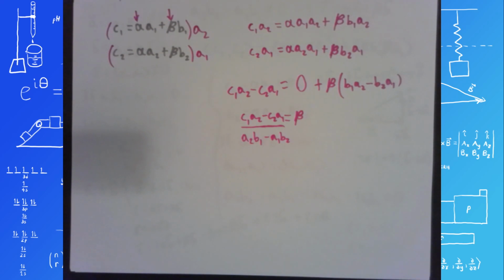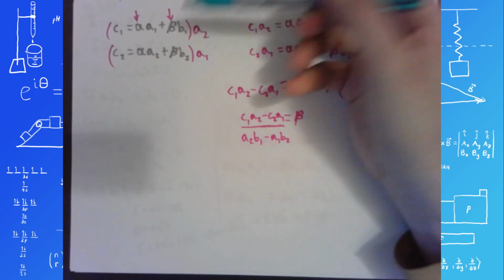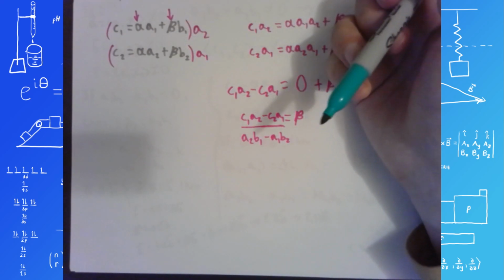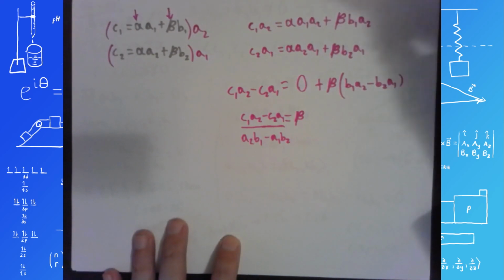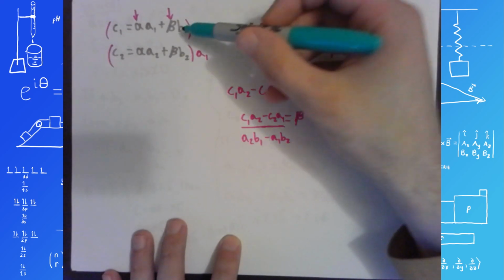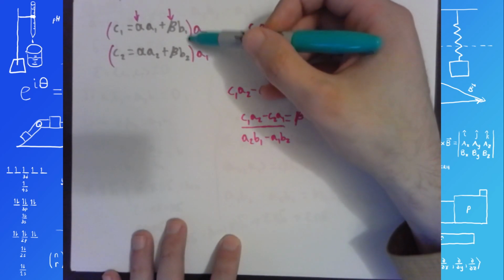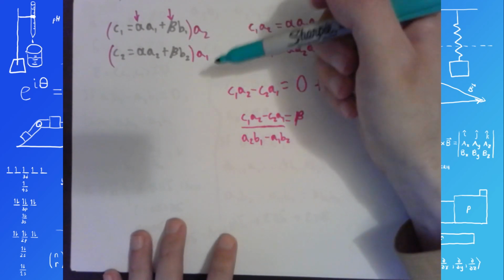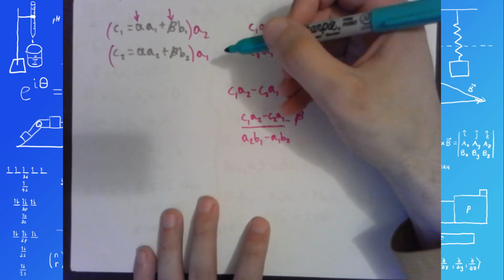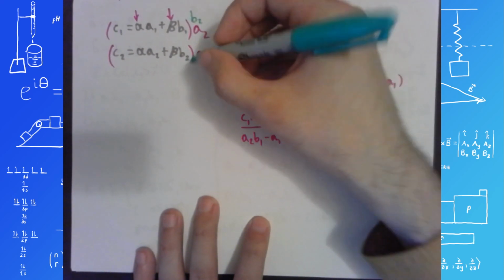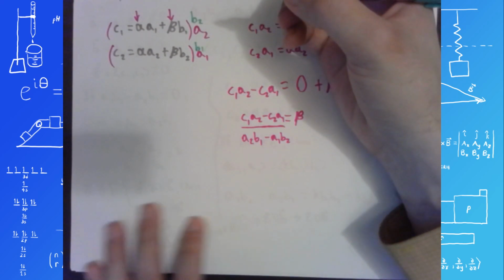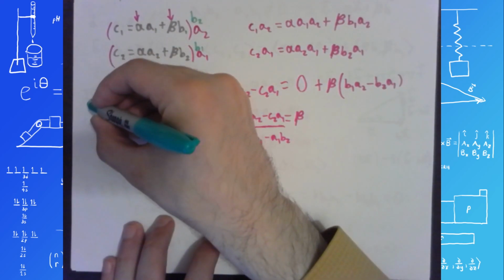Okay, so that's beta. Now what we could do is plug this whole entire mess back in to the original equations and solve for alpha that way, but no thanks. So instead what I'm going to do is basically the same process that I did. Instead of eliminating alpha, this time I'm going to try and eliminate beta. So I'm going to multiply by B2 for the top equation and by B1 for the bottom equation, and that will give me